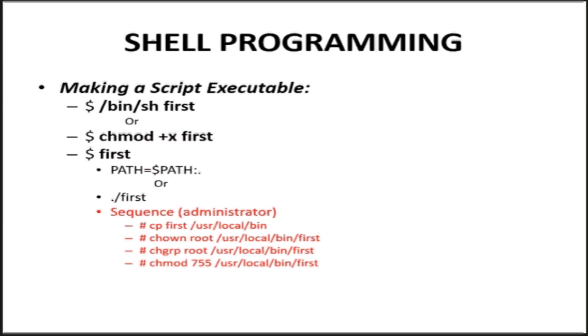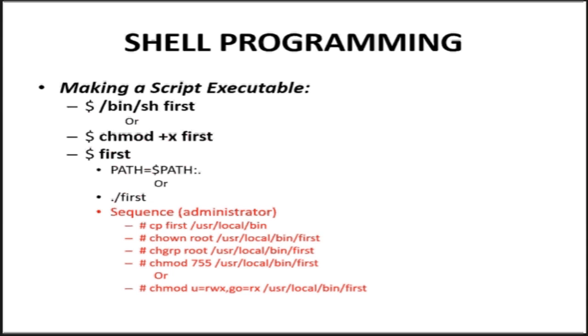Here the permissions that I need are only read and execute, but I don't want to perform a write operation, I don't want write permission. So if you prefer, you can use a rather longer but perhaps more obvious form of the chmod command. That is chmod u equals rwx and go equals rx for the file located in the bin folder, which is under the local folder, which is again in turn available under the usr directory in the root folder.